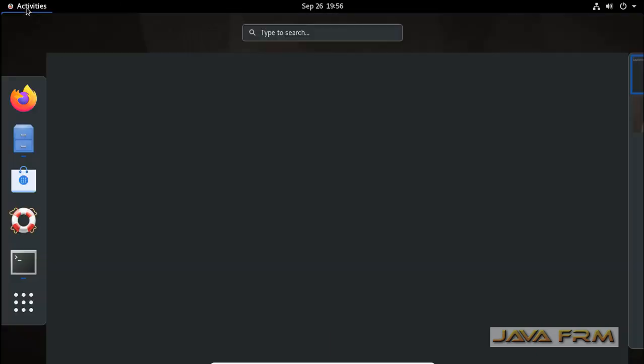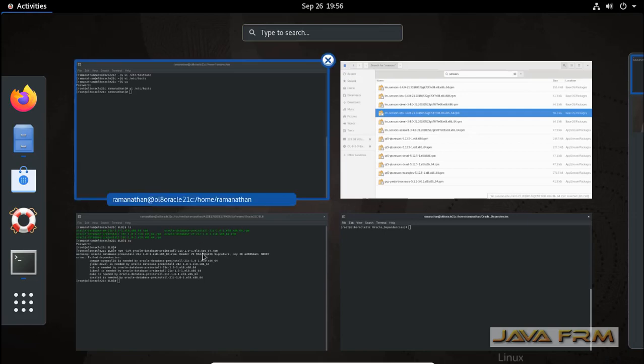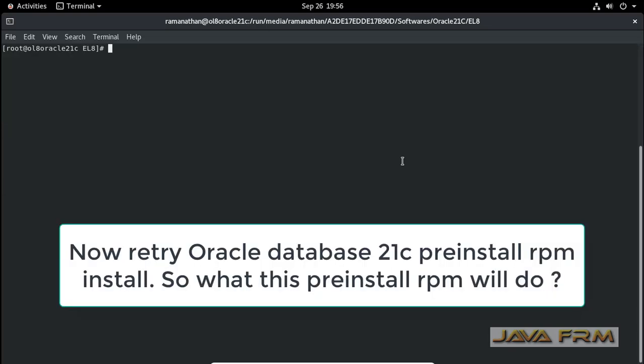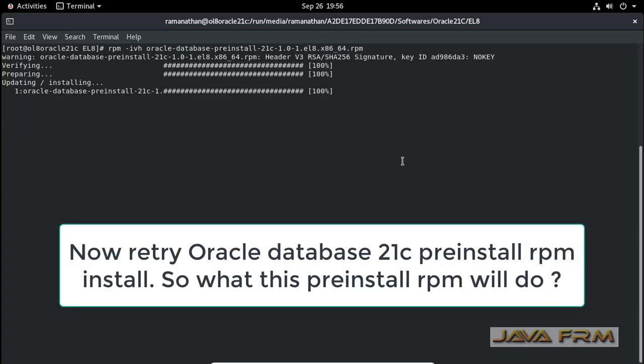Okay, now let us try to install the Oracle Database 21c pre-install RPM file. I have provided the download links for all the RPM files in the description of this video. This is a purely offline install. The Oracle Database 21c pre-install RPM is installed successfully.